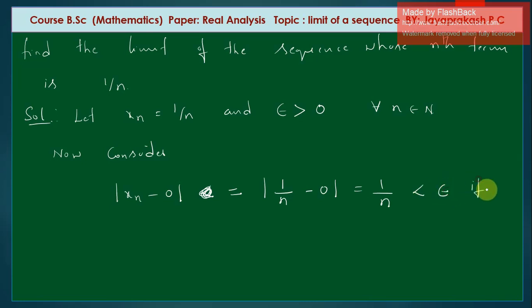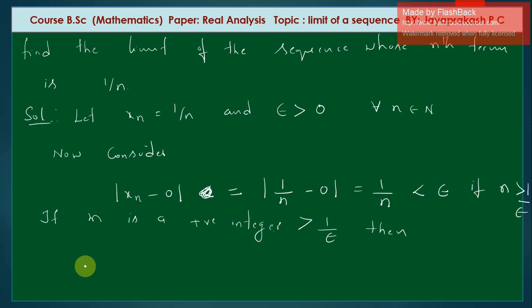Since epsilon is greater than 0, n is greater than 1 by epsilon. So there exists a positive integer m which is greater than 1 by epsilon,